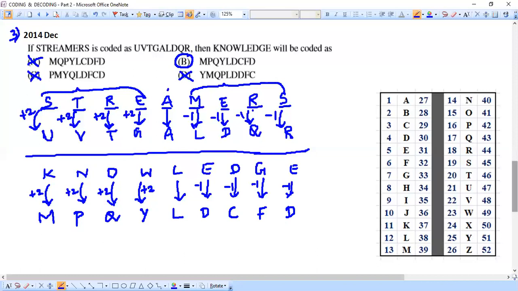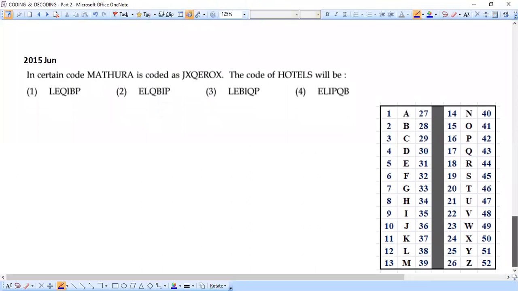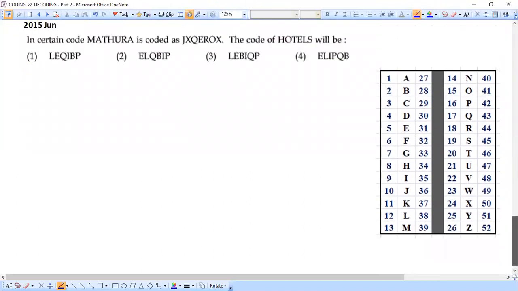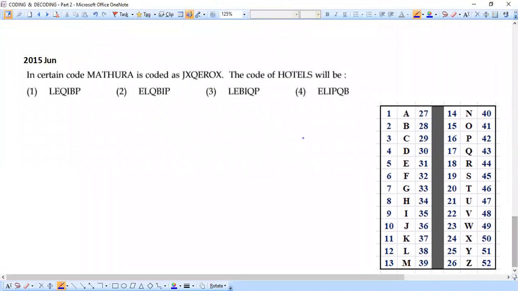Yes, fine. We have one last question, question number 4. We'll try to solve this question number 4. This is from 2015 June, and we'll see the question. In a certain code, the word Mathura, MATHUR,